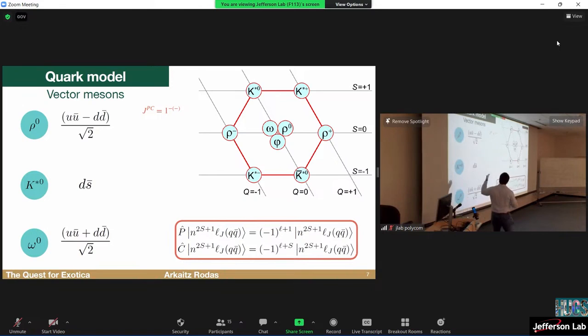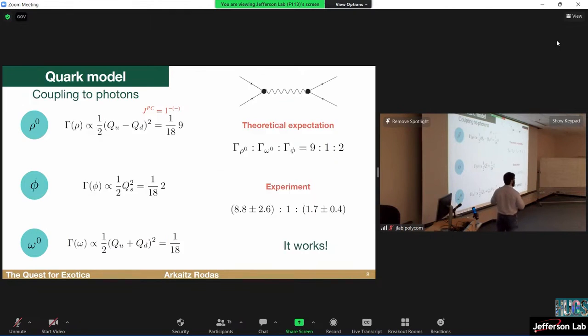So wait, we are going to classify things from quantum numbers, and then we got the same quantum numbers, and then these 3 objects look massively different. This doesn't seem to be all there is to these particles, right? We are going to need something else. Well, first things first, let's check that everything works. So maybe the quark model doesn't.